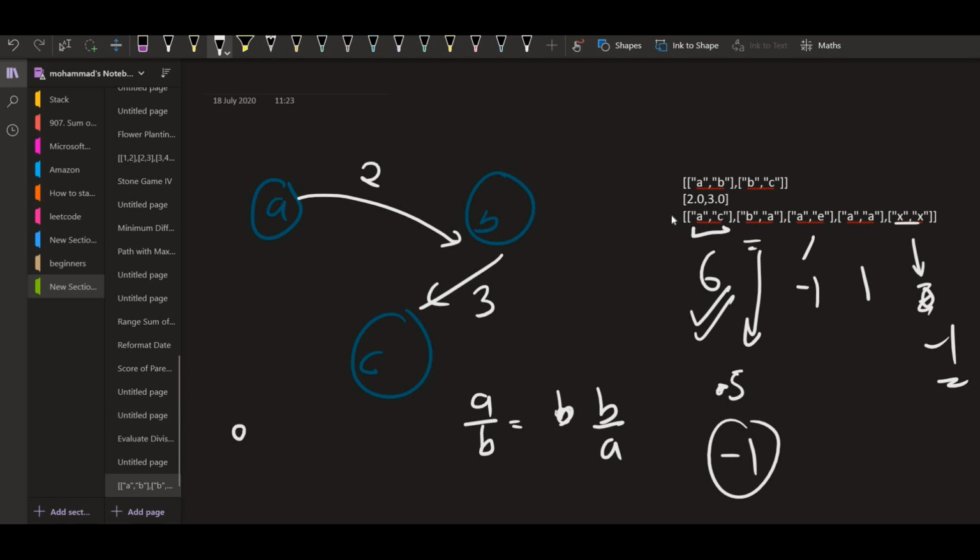Actually, A by B is the same as 1 divided by B by A, and vice versa. So if we have B by A, we can obtain A by B. If we have A by B, we can obtain B by A by simply doing 1 divided by A by B.